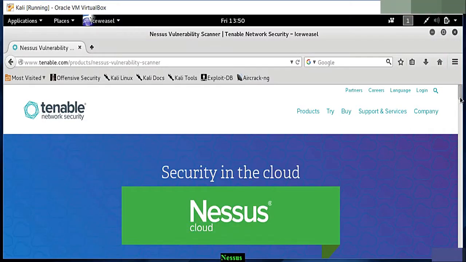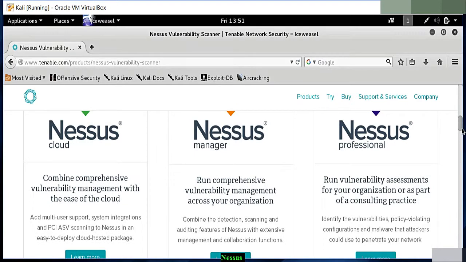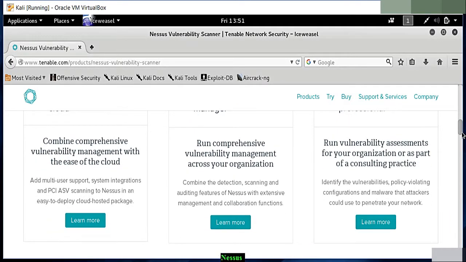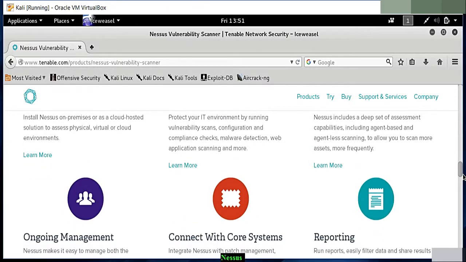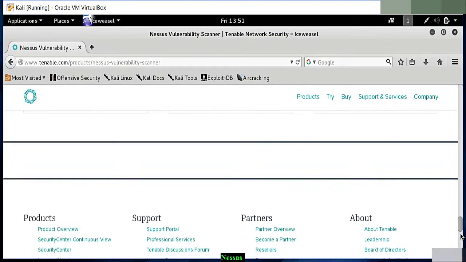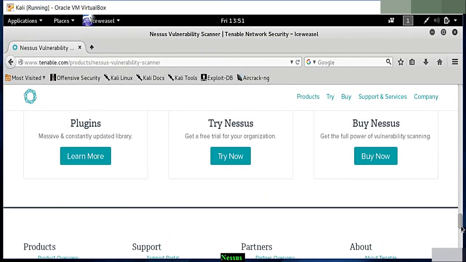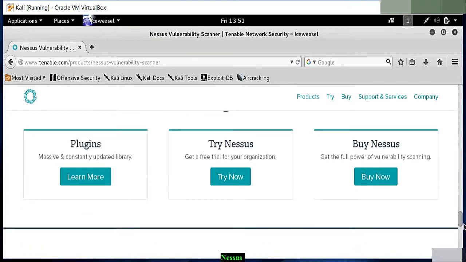We have Nessus for the cloud. In this case, we're going to use the desktop tool, which we will be using to install on Kali Linux. So let me just scroll down to find where that link is, and you'll have to do the same thing. Where you see it says try Nessus, get a free trial for your organization. I will click on this link,